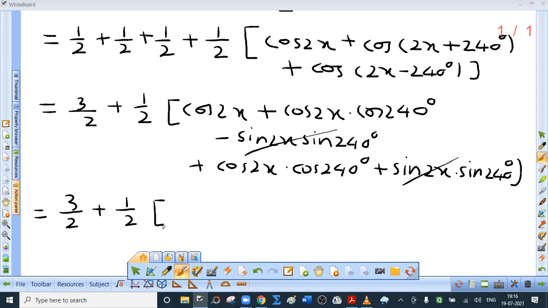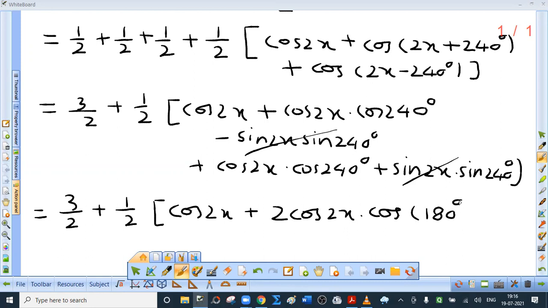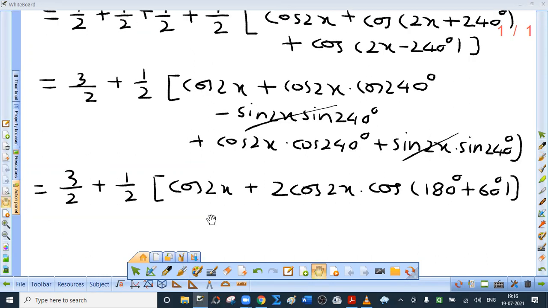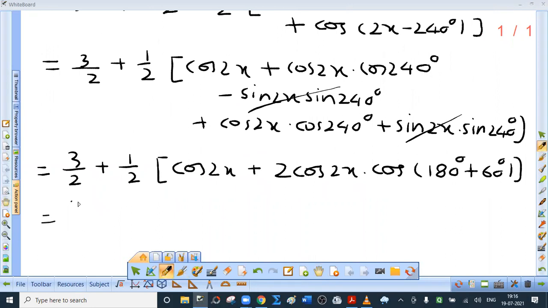Let me explain. Cos 2x as it is. Now this term appears twice. Which term? Cos 2x cos 240 degree. So 2 cos 2x. Now I will not write 240 degree as it is. I will say that what is 240? It is 180 plus 60. Is it? Yes, it is. Now what is the advantage of this? So this is 3 upon 2 plus half cos 2x as it is